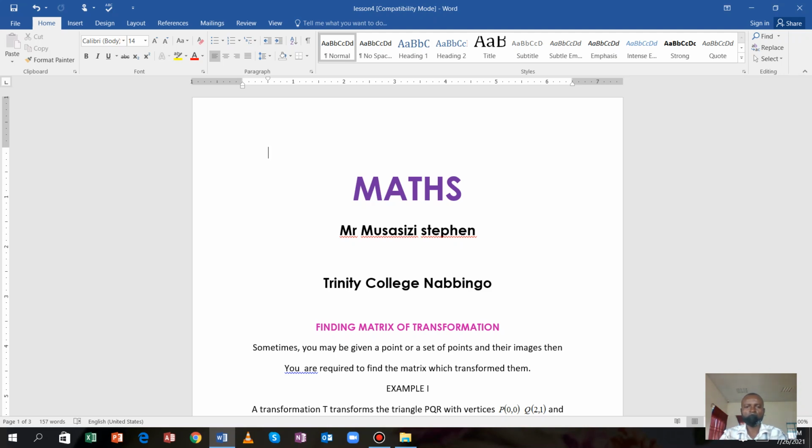So sometimes you may be given a point or set of points and their images. Then you are required to find the matrix which transformed them. An example here is this. Example 1, we are saying